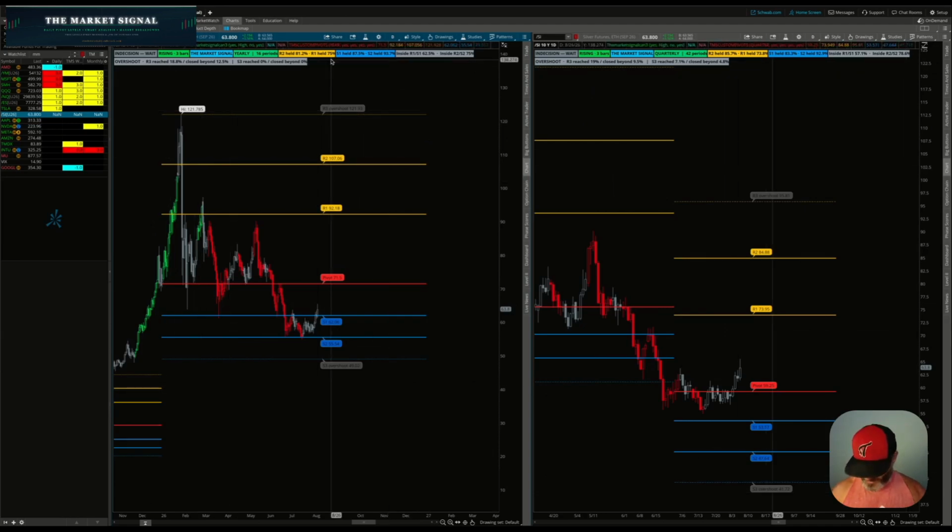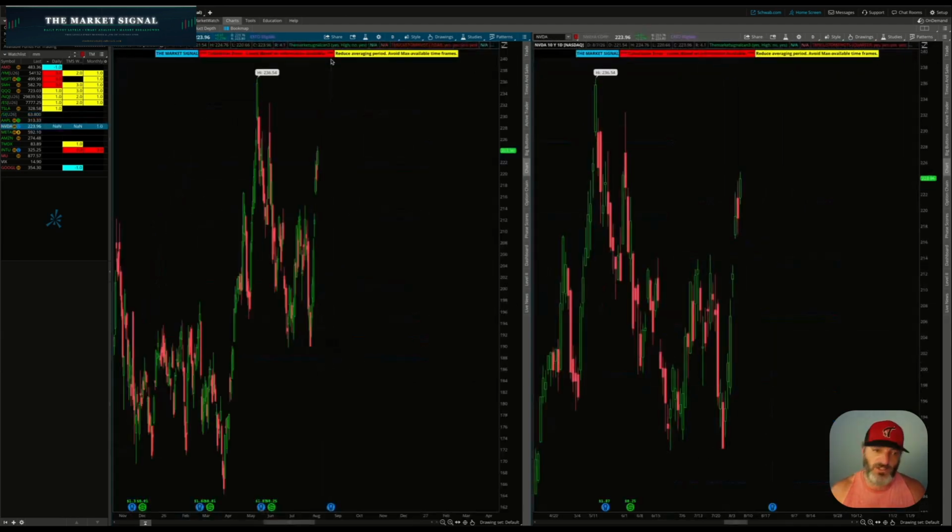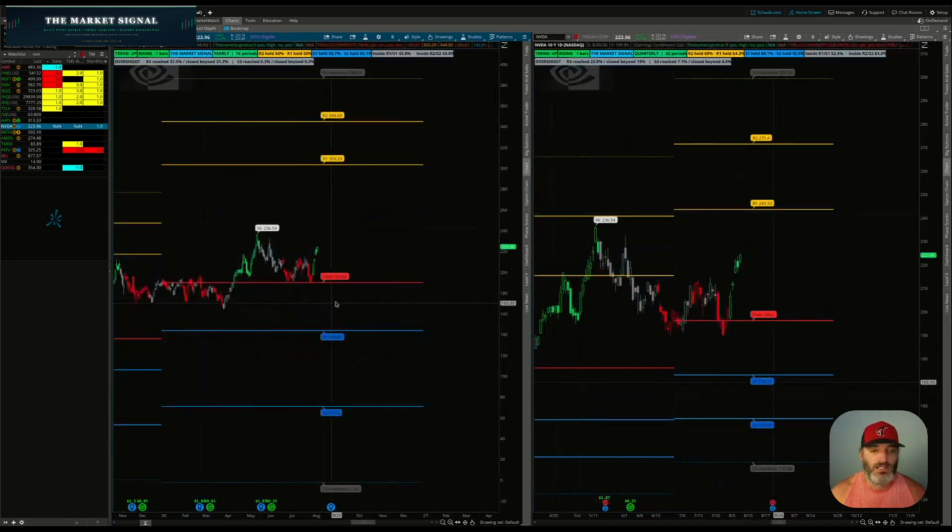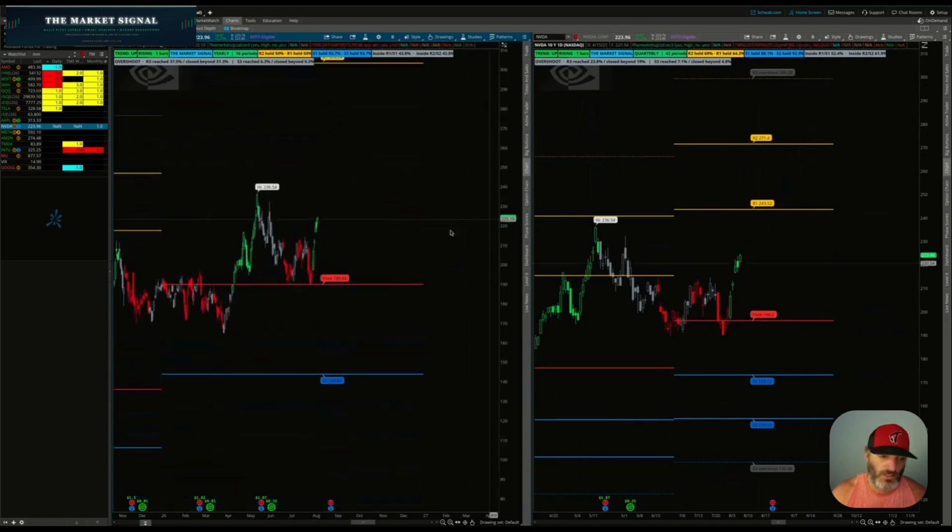Let's jump over to NVIDIA, because I've been talking about it forever. Hey, the closer you can buy it to 189.84, the better off you're going to be. What was the low of this candle? And I said that back here, wherever you can buy it, right here. It's been one of my favorite picks to buy. The low was 189.80. We wicked below that pivot by 4 cents.